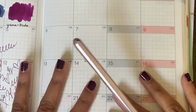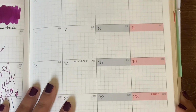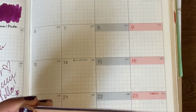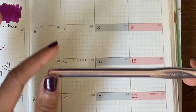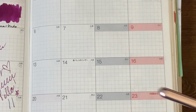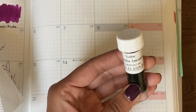Okay, so I've brought you over to my Hobonichi cousin, which is where I've been doing my ink swatches. I don't really have any tools, so unfortunately you won't be able to see any writing samples because I don't have a glass tip pen yet. But I do have a crochet hook, and the end is what I use to do my little ink swatches. So let's just start with Sailor's